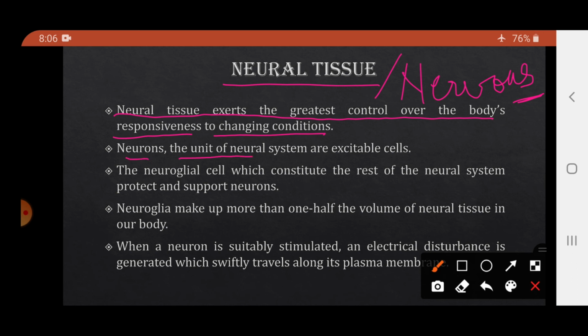Neurons, the unit of the neural system, are excitable cells. So nervous tissue या neural tissue किसका बना है? Neurons, or also called nerve cells. So nerve cells are the structural and functional unit of the nervous tissues. Apart from the neurons, it also contains the neuroglial cells. Apart from the neurons, neurons तो होते ही है जो main cells है, बट न्यूरॉन्स के अलावा भी इसके अंदर